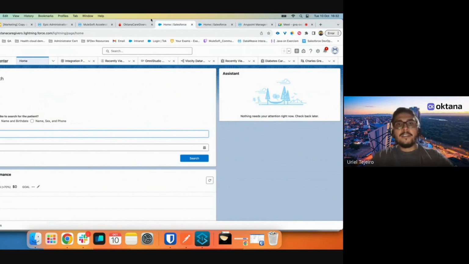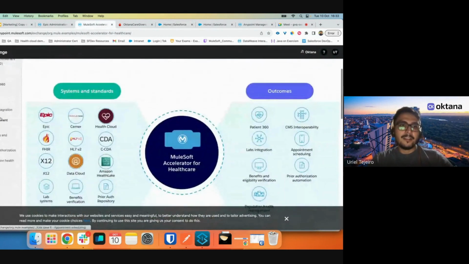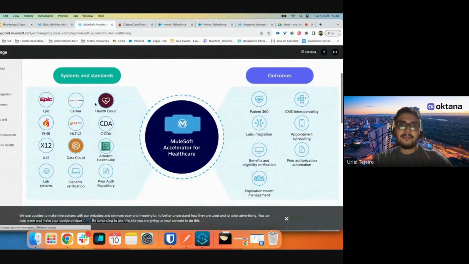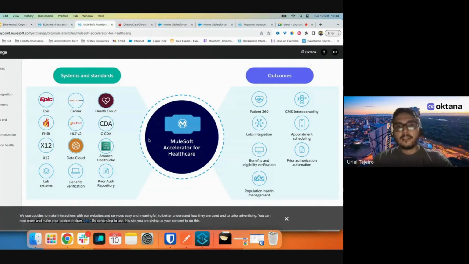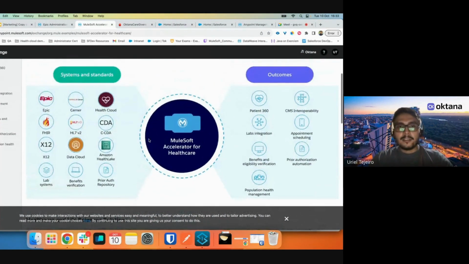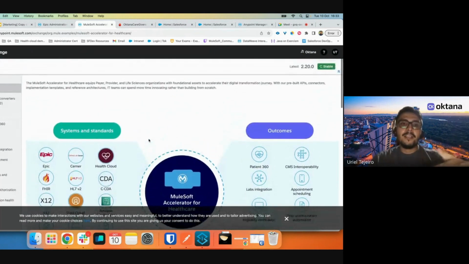There are a lot of integrations that you can even imagine. There are a lot of use cases, and this is just the surface of the integration that Health Cloud offers us, and it was one that I could realize with free resources,